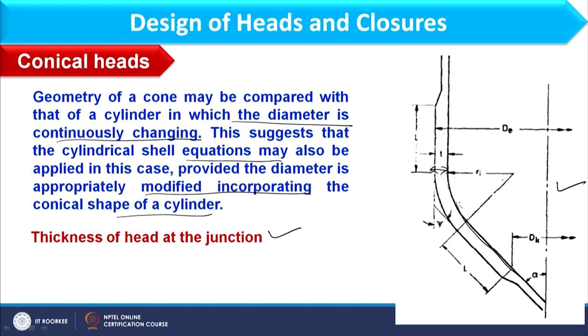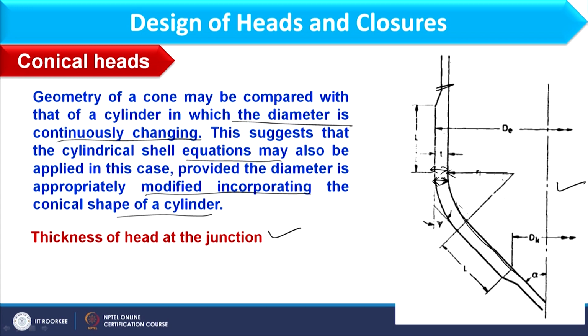For example, if I am having this curved section, then this curved section will be part of the conical head, and somewhere here it will be attached to the shell. So in that case, the junction means wherever this curvature occurs. Okay. And if that curvature is not there, it is directly attached to the shell. So at this point we compute the thickness of the conical head at the junction, whether it is attached to the shell over here or not. Okay. The thickness of this part we will compute as that at the junction.